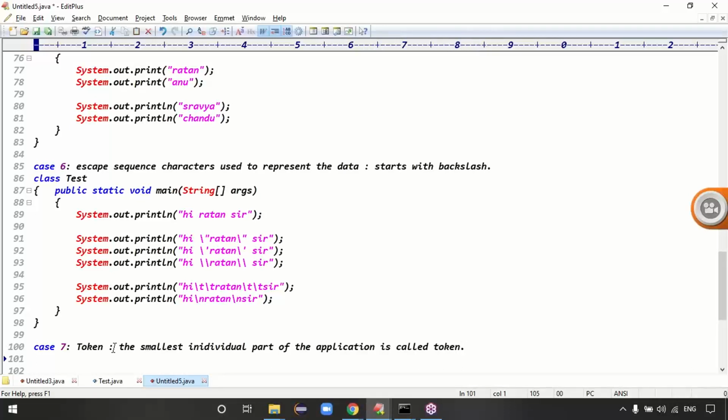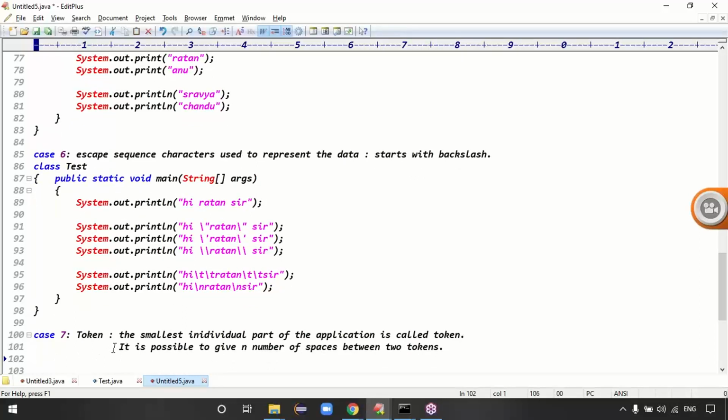The smallest individual part of the application is called a token, right? And it is possible to give n number of spaces between two tokens, right? Exactly, guys, that point is clear.